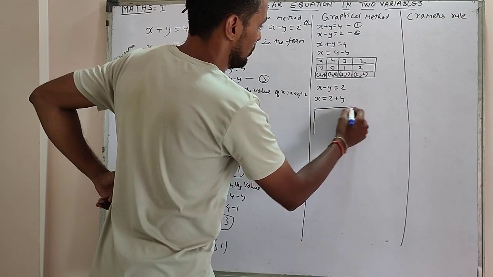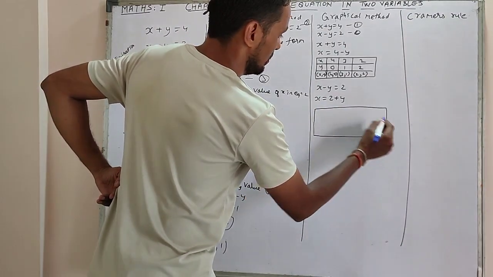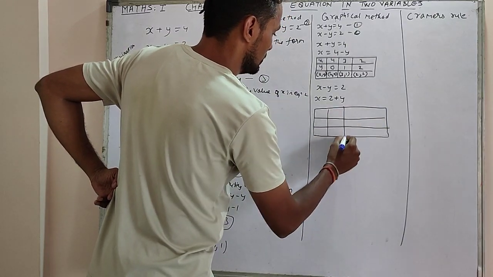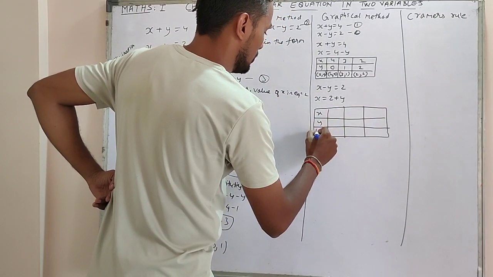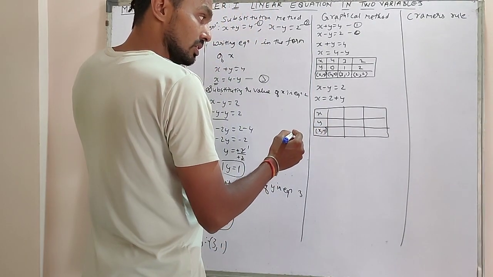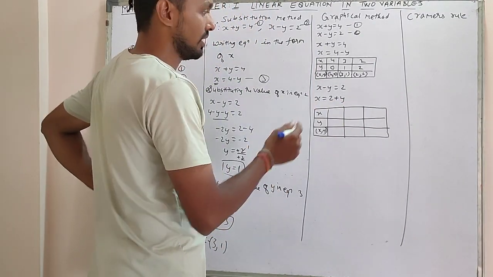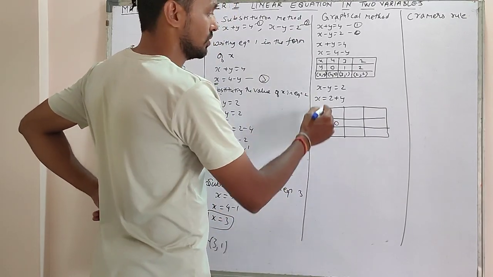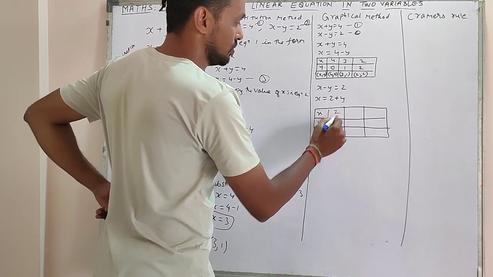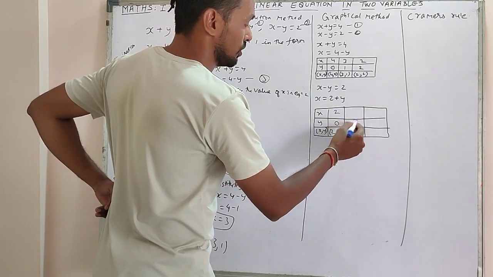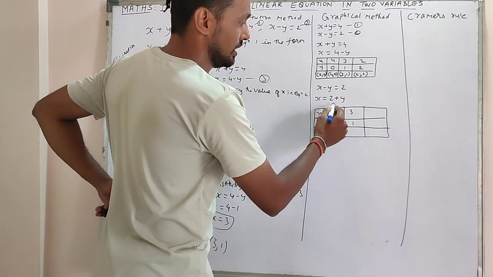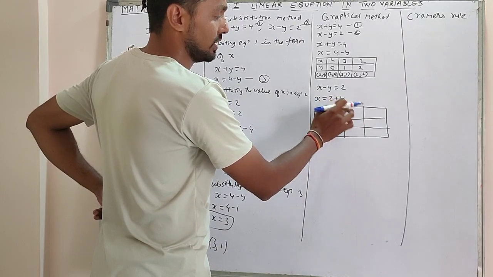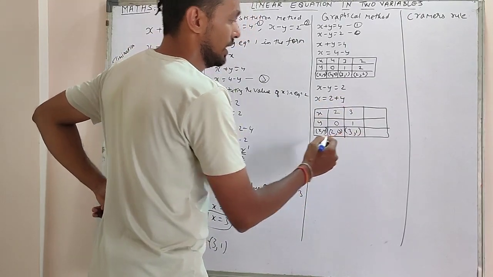I will make the table now. It is 3 by 4. It is like this. This is x, this is y, x and y. So here, whatever I am going to assume for y, it will be added. First of all I am going to take y as 0. So what will be 2 plus 0? It will be 2. So this will be 2 and 0. Suppose I am going to take it 1, it will become 3. Here we are going to substitute the value of y. What will be 2 plus 1? It will be 3. So this is 3 and 1.